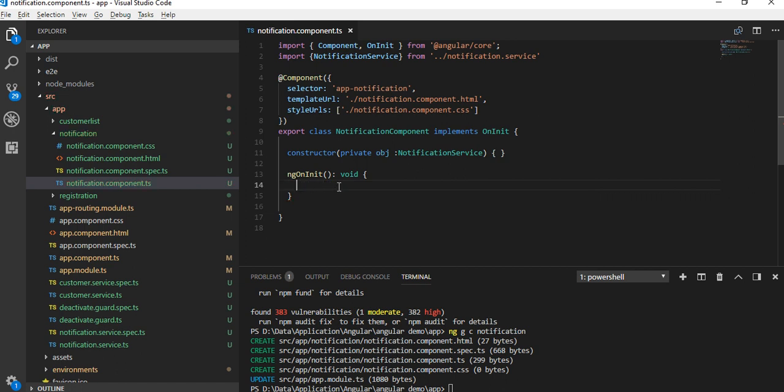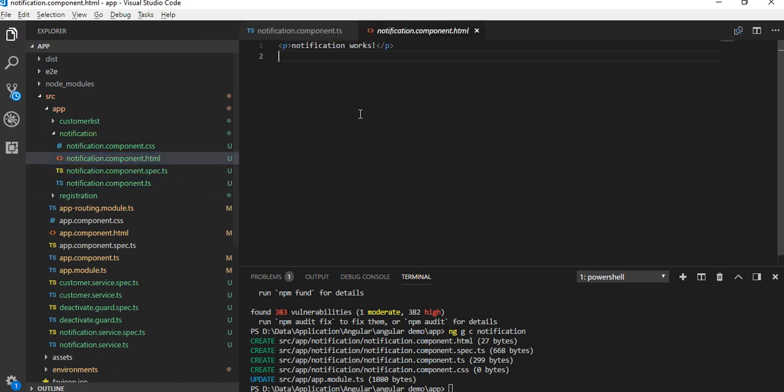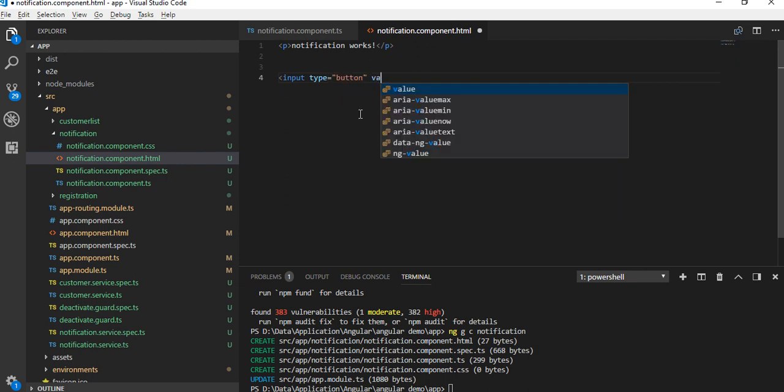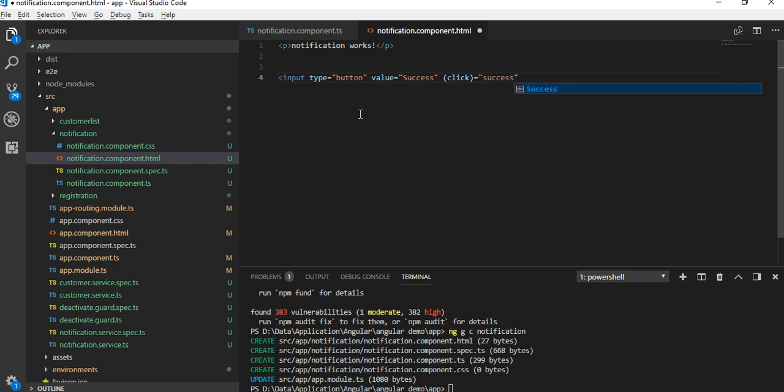So for this we'll add 4 buttons. Let's define all the 4 buttons. Input type, we'll say button as of now, and the value would be success. Inside this success we'll add the click event and call the success method, and all the methods that we need to implement.